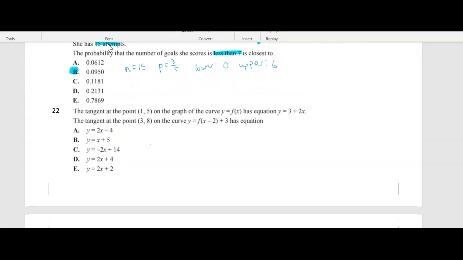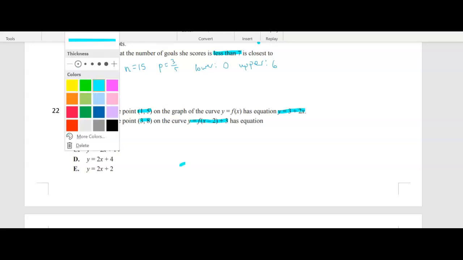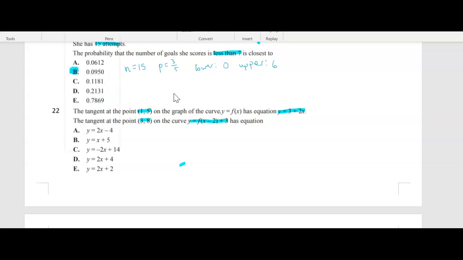All right, last question. The tangent at the point 1,5 on the graph of the curve y equals f of x has the equation. So this time we're given the tangent, and it's at this point. So the tangent at the point 3,8 on the curve y equals f of x minus 2 plus 3 has the equation. All right, so if we think of just the functions first of all, we've got y equals